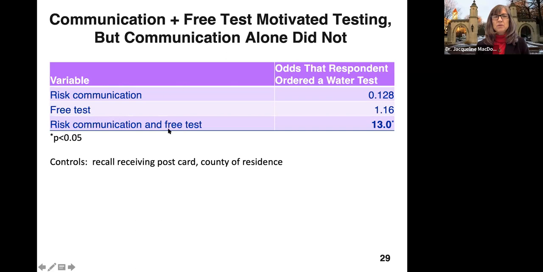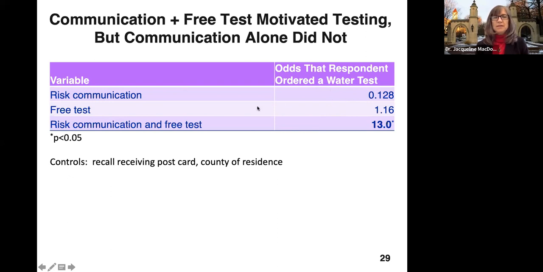And when you compare this risk communication and free test to the control group, this group was basically 13 times more likely than the control group that didn't get anything from us to say they had actually gotten a water test since June 11th. The effect of the risk communication alone and the free test alone, interestingly, neither one of